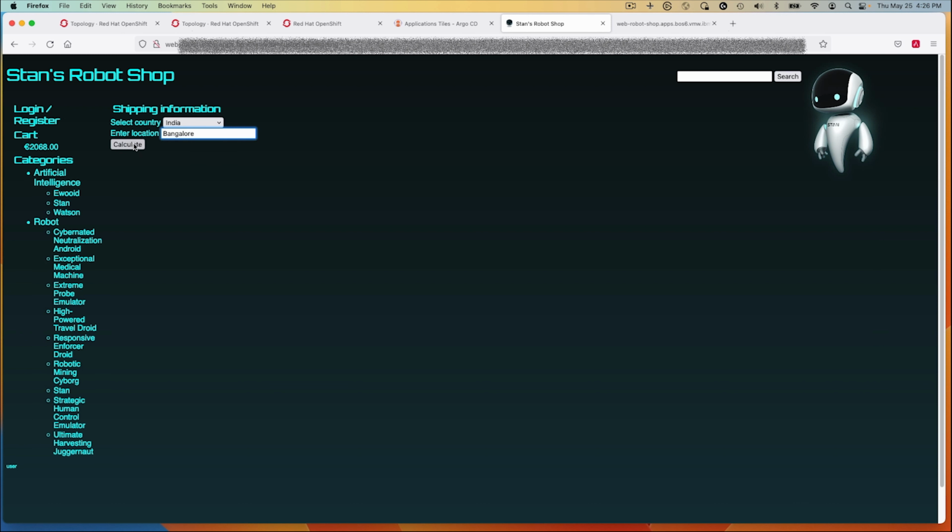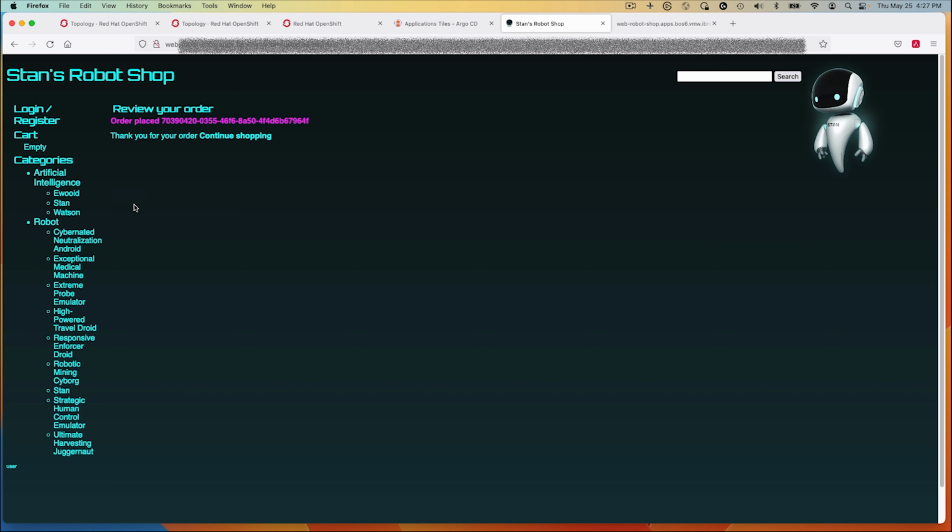Okay, then this will calculate the shipping, confirm, and pay. So now we've got our order. So we've now created persistent data that MongoDB and MySQL are storing into their database. And through Fusion Data Foundation, we're saving the data into persistent volumes that are going to be replicated to the